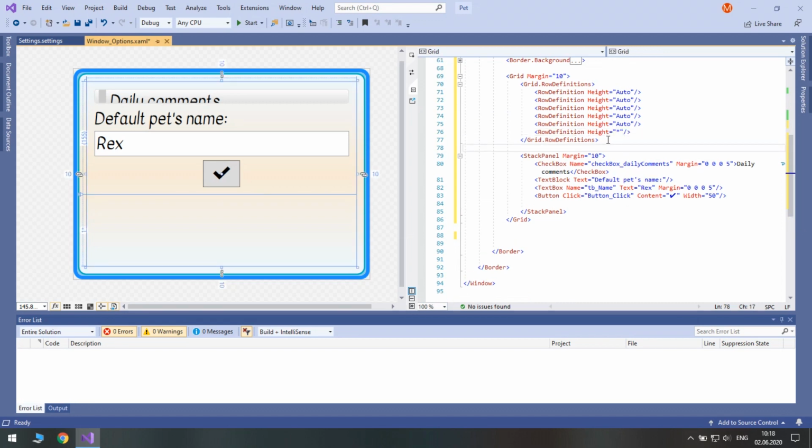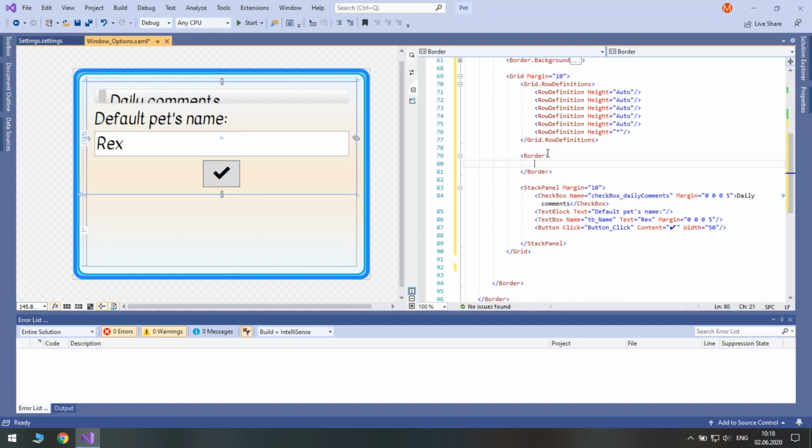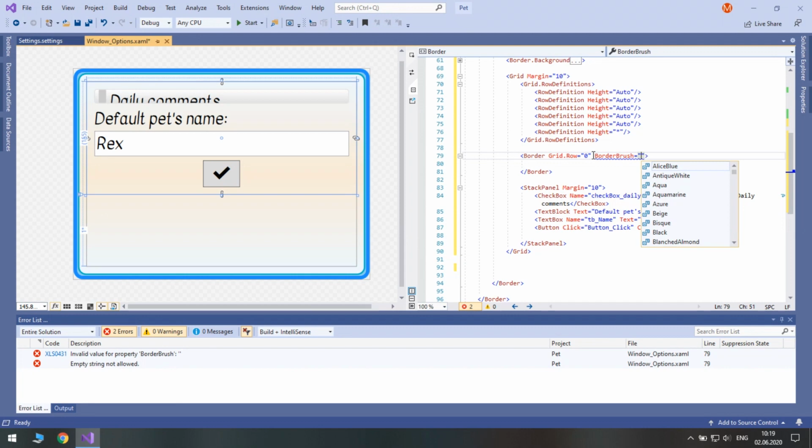We are going to have another border for a title here. The title will just say options. So border, the row will be 0. Border brush will be hash ff00b5c5.